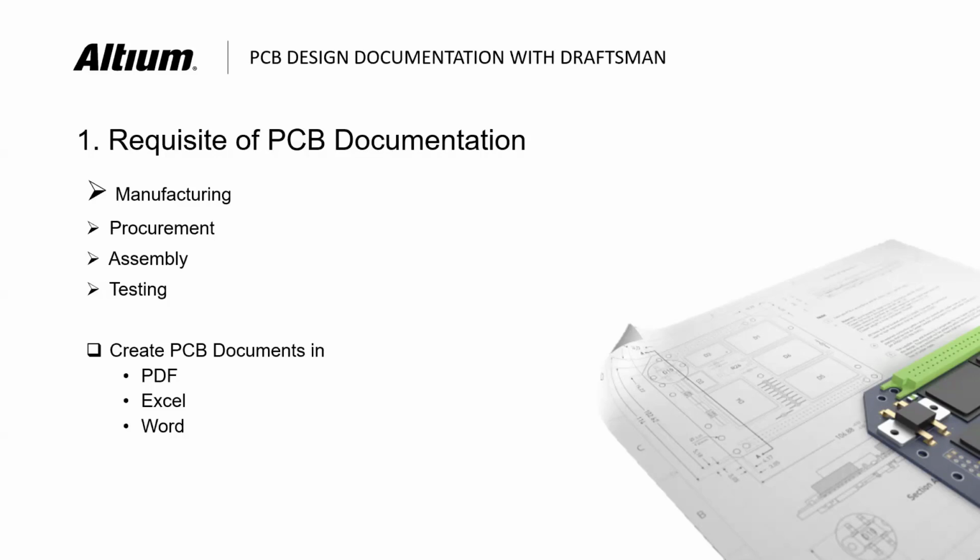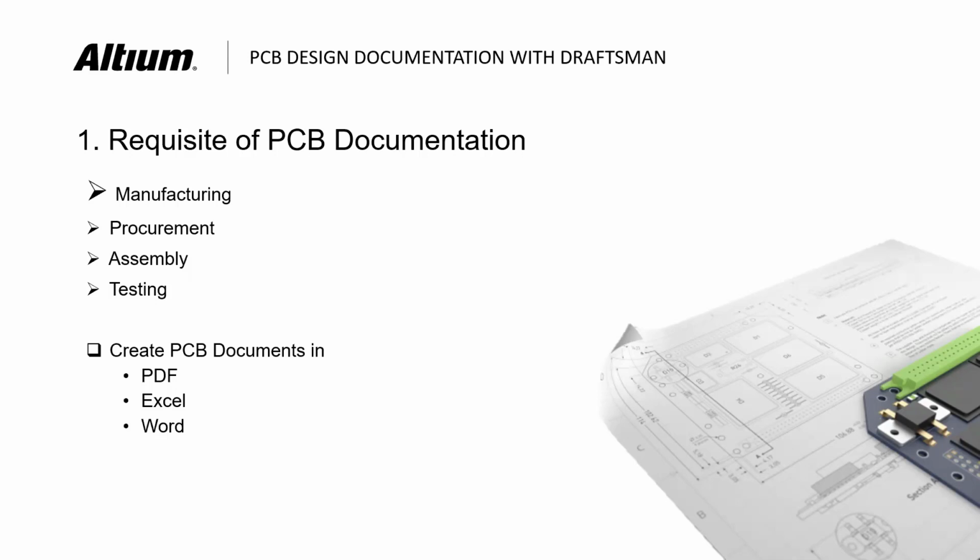Next we will see how to create the PCB documents. For example, the bill of material output we can generate in Excel format, in PDF, or in HTML format. So there are different ways to generate it. This is how we generate it now in Altium. You have to go to the command individually, create it, save each individual file on your PC, and then pass it to them. But now, instead of doing all this, you can do everything in one place.